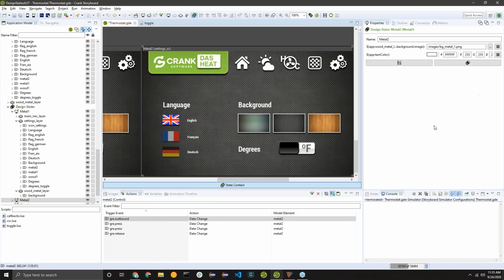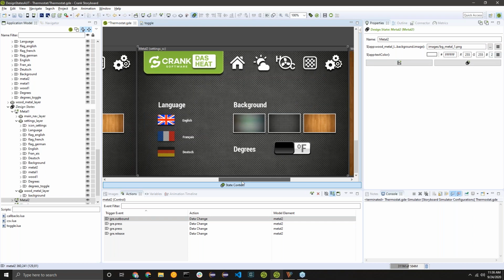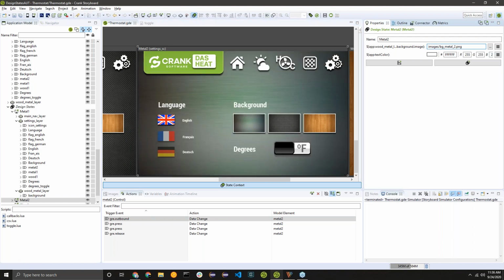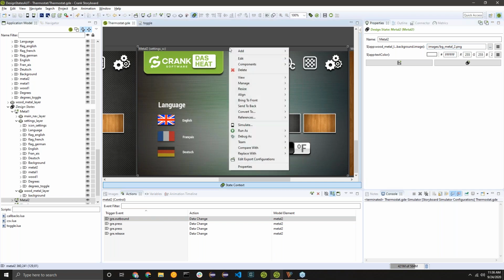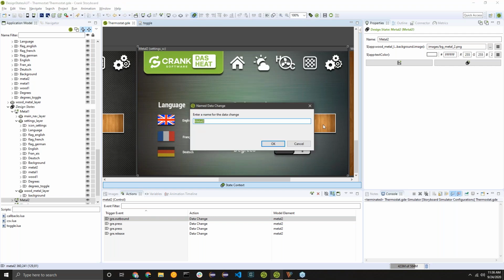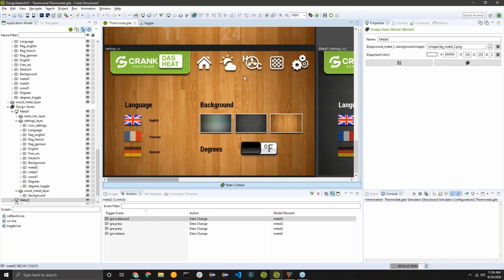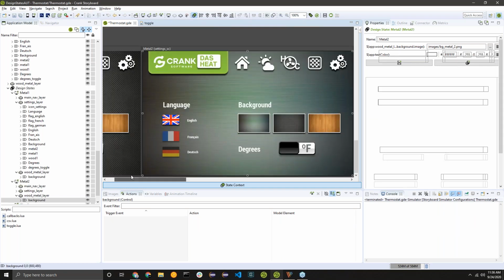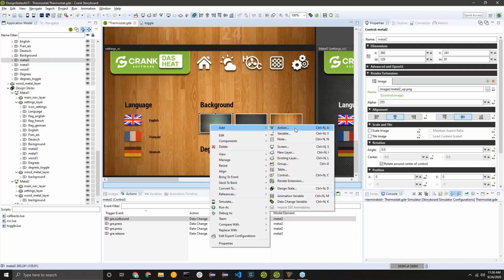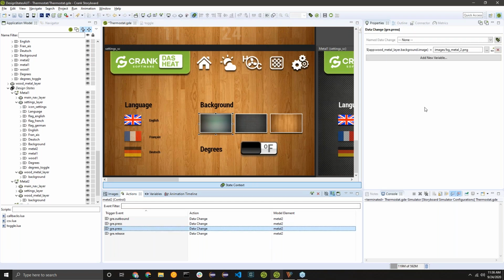To add another design state for Metal2, in this case I started off by copying the Metal1. You'll notice that it already has all the same arguments as the Metal1 design state. So what that means is we can quickly change it to Metal2, and now it represents the Metal2 design state. We can do the same thing, convert this one to a named data change as well, and we'll call it Metal2. And it can also be called from our